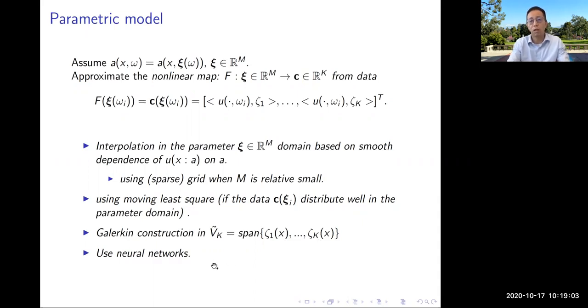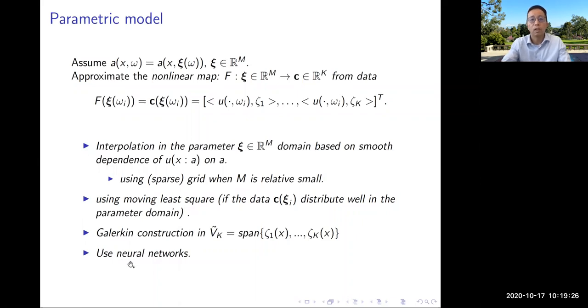Or after this reduction, you can use fully connected neural networks to approximate this. But what I'm trying to say is, because I have effectively reduced the dimension, the neural network is extremely small. It's not like going from this dimension to 1,000 or 10,000 or even hundreds of thousands of dimensions.